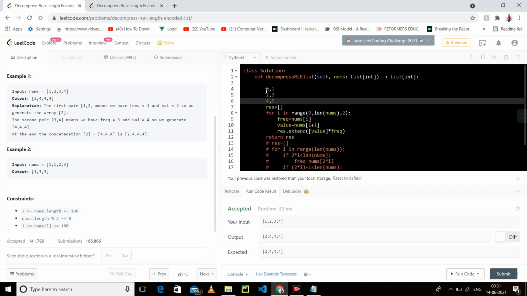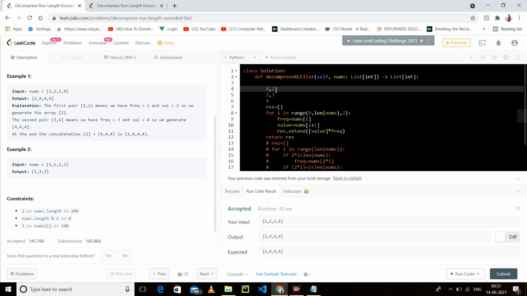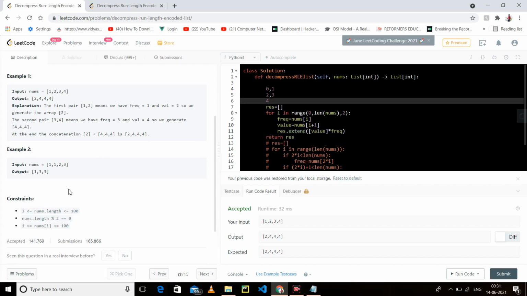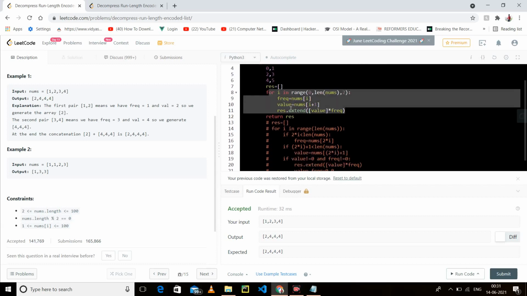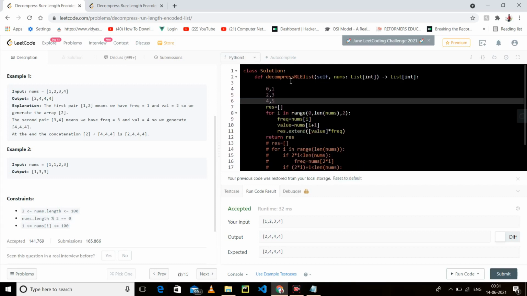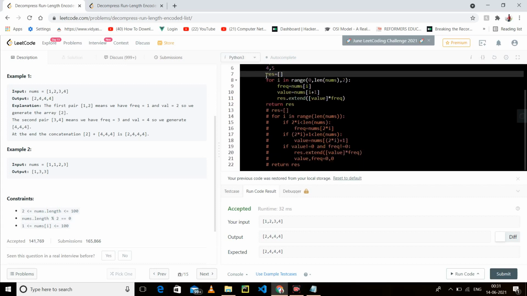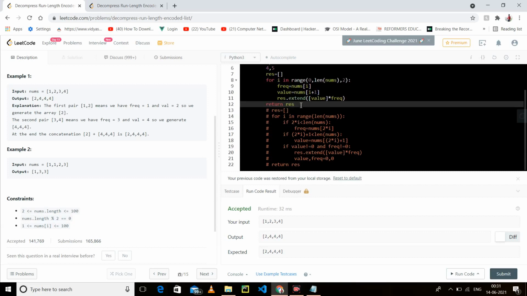Because when we add all these elements, our length becomes 6. Length cannot become 5, because it cannot be the case that only indices 0 1 2 3 4 are present and the length is 5. It cannot be possible, because our length of nums is even, so it is confirmed that index 5 is also present. That's why I am making it jump by 2, and without putting any validation, it is successfully compiled for all our test cases.